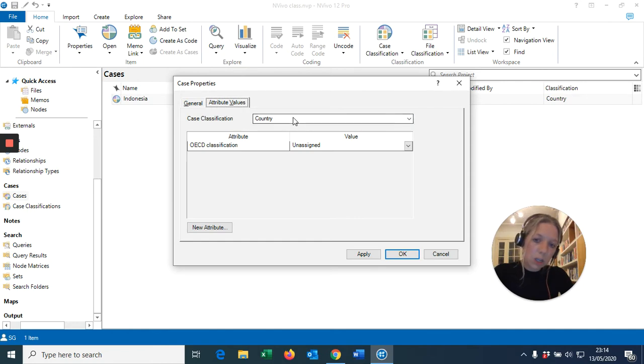Case classifications work in the same way as file classifications. This means that they tell you what kind of case this is. So this Indonesia is a country. It's a case of the type country. You could also have cases of the type person or organization. Yeah? So these case classifications is also something that we can make. So if you look at the values here,